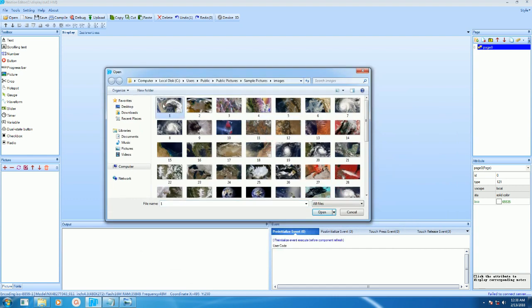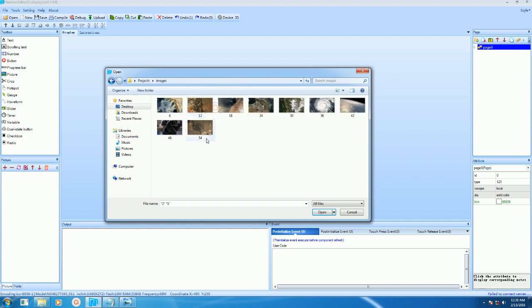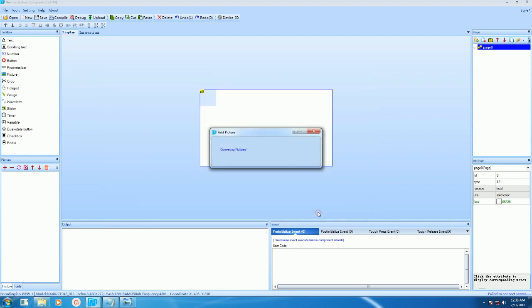Okay, so these are the few images. We'll take all of these images, import,